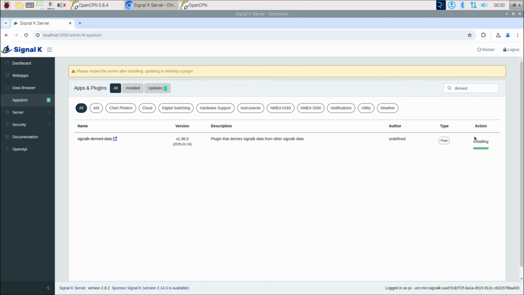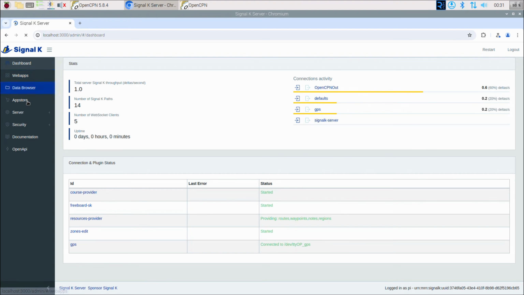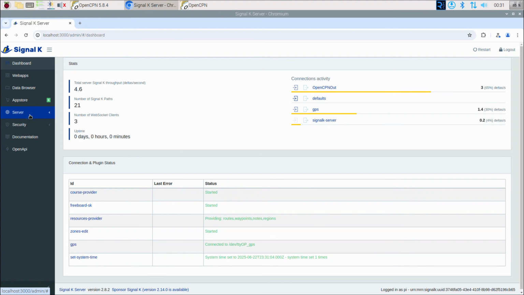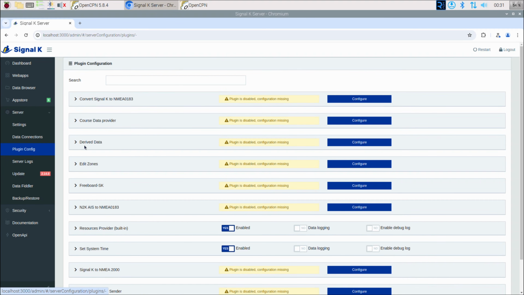So we watch it here, look for it installing. Once it's installed, then you need to restart. So we're going to restart again. Now if we go to the server and then go to plugin config here, if you go to derived data, click on here,